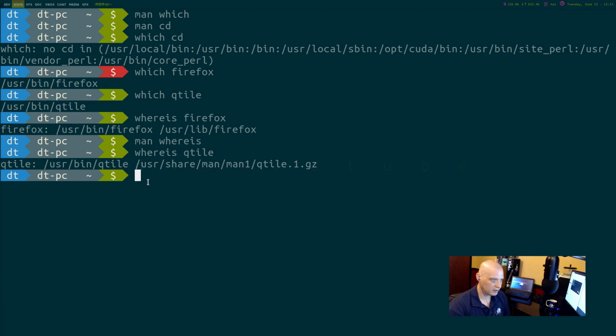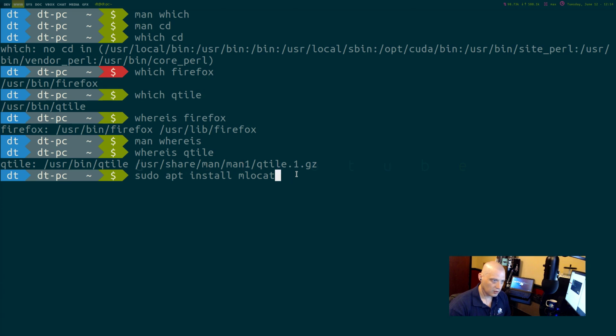Another interesting command is locate. Now, locate on most Linux systems does not work. You actually have to install a package called mlocate. So, in Arch, sudo pacman -S mlocate. In Debian and Ubuntu, you would sudo apt install mlocate.